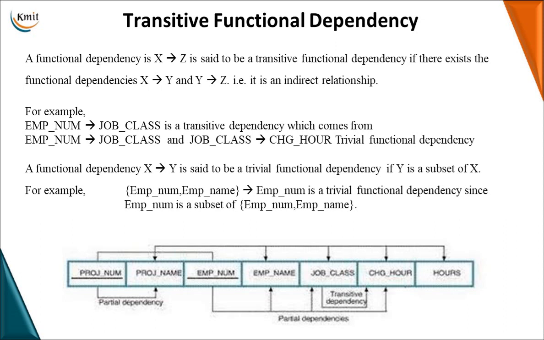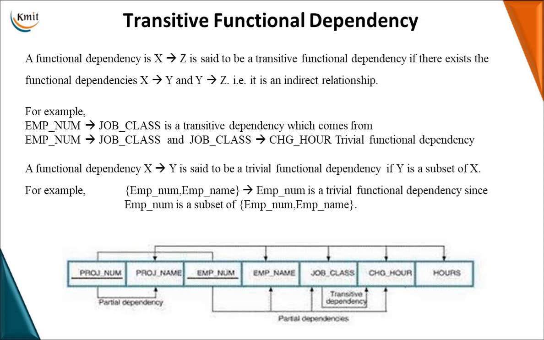Transitive dependency is like a functional dependency which is an indirect relationship. It is like we already learnt about transitive relationship. Look at this particular example. Project number and employee number are the composite primary keys. Employee number determines job class. That is, which job class an employee belongs to is determined by employee number, but